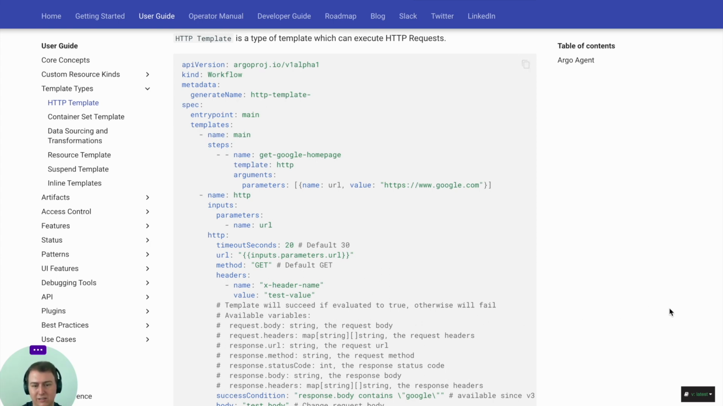Next, we have the success condition. This is a pretty cool field. It allows you to evaluate the response, and based on something that is contained within the response, return whether or not this step within the Argo workflow is going to be a success or a failure. In this example, it's evaluating the response body and seeing if it contains the string of Google. And if it does not contain the string of Google, then this HTTP step is going to return as a